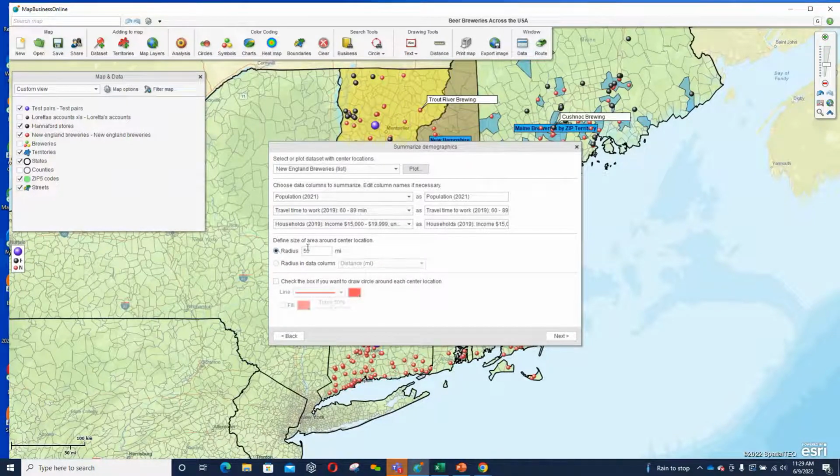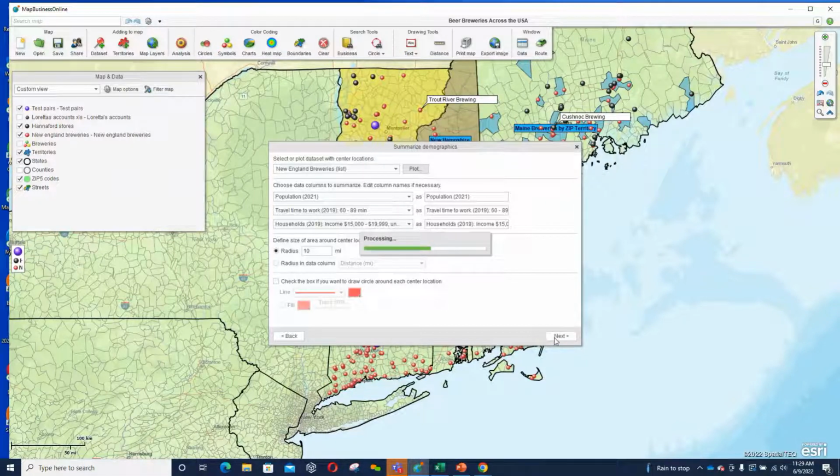And in this case, I'm going to go back up here. I'm going to pick 10 miles, polygon around it again. And then that's going to add demographic data to the New England breweries data set based on the categories that you've got listed here from our demographic data library, and it will add that to the imported data set. Now, when you've got that there and you want more, if you want to have an additional 6, an additional 10, you just go back and run that same data set again, and it will add columns in the same